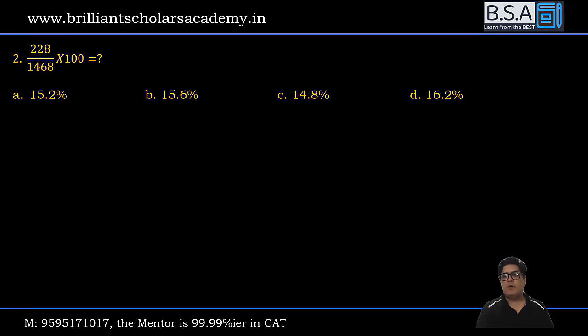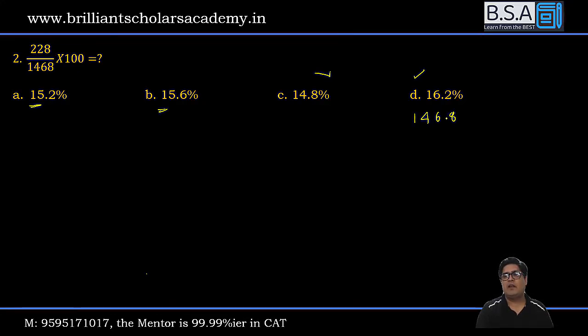See, if the numbers were very small, 3-digit, 2-digit numbers, I'll go with that approach. 2 remove karo, 3 remove karo, 5 remove karo, and so on. Right now, I'm looking at a division of 3-digit number by 4-digit number into 100. Can I say 2 answer options are close to 15? One is more than 15, one is less than 15. So what I will do is I will go to the denominator